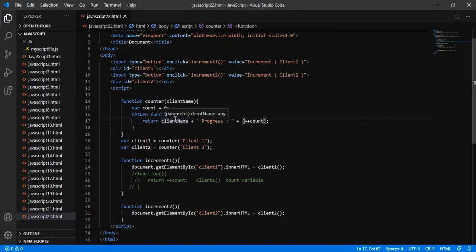Hope you have understood the closure function, which is useful in many ways to create a variable and make it accessible to the inner function.